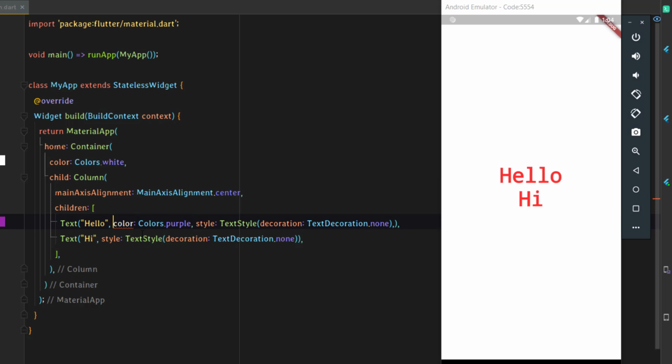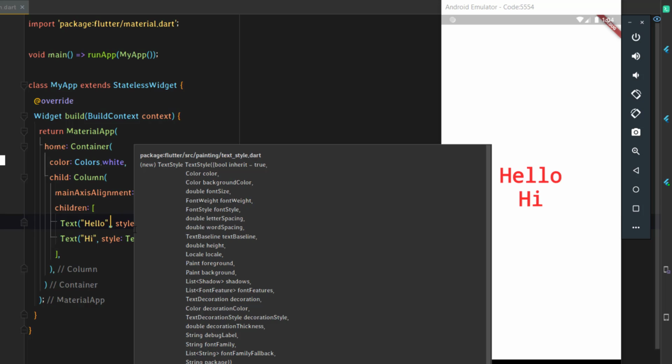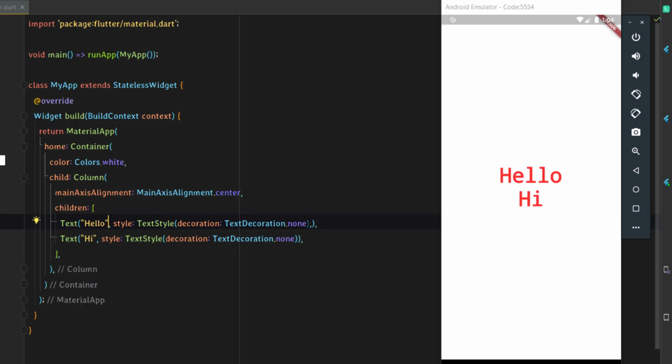We are getting this error saying color because we need to place this inside the style, not outside, because it's one of the style factor, right? So if I just save it now, I will have a purple text.